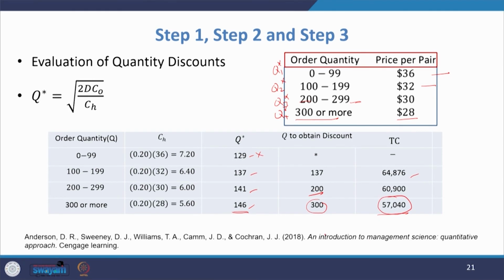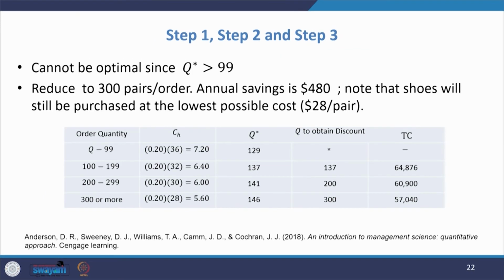You remember previously, if you buy 500 units, there was some price, but if you go for 300 units and avail this discount of $28, you are getting a lesser annual total cost. So, our conclusion is we should go for the inventory offer. So, what happened? You look at the first category, Q star is greater than 99. So, this column need not be calculated. Now, what happened is that if you go for this offer,